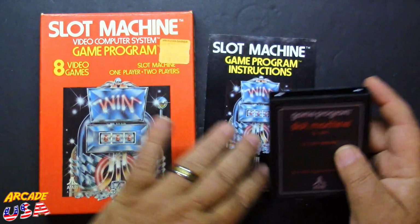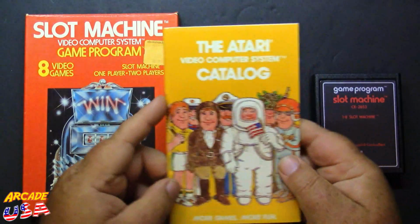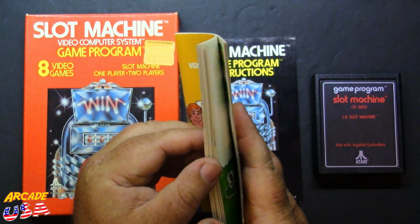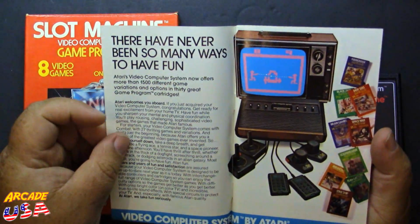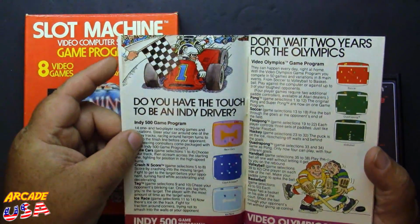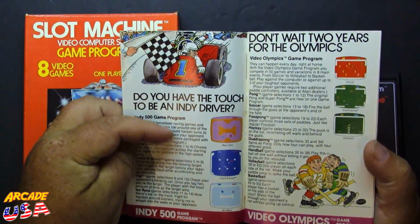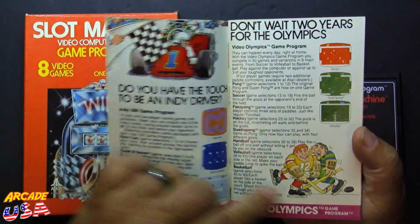Of course, also in the box, I always like getting these in the box as well when they come with the original Atari catalogs. This one's fairly thick. There's a lot of different games in here, but I always loved looking through these catalogs, mainly because of the artwork. Do you have the touch to be an indie driver? I've got this complete in the box, which I'll be doing a video on with my wife here sometime in the near future. But I dig the artwork